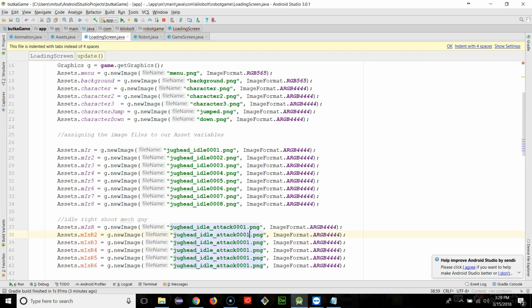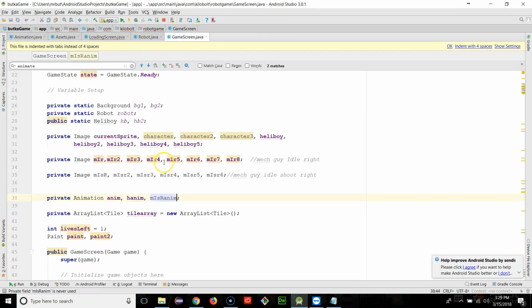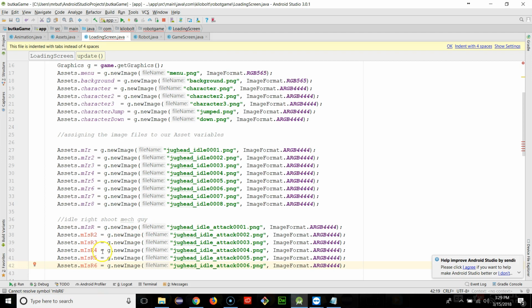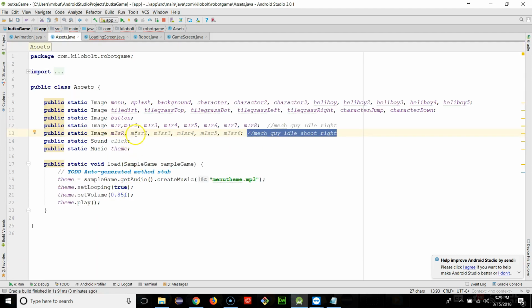And I'm going to change the name of these pictures. I noticed I got a little bit of an error there, so I must have mistyped some of the variable names previously. So you can see that's red and all that. So I'll try to retrace this back. And when I look at my game screen class, yep, I notice a couple there, but that's not where the error is going to be, because remember, these are from the assets class, so I actually have to go to the assets class to change these. So if I just edit that and put the capital R there,